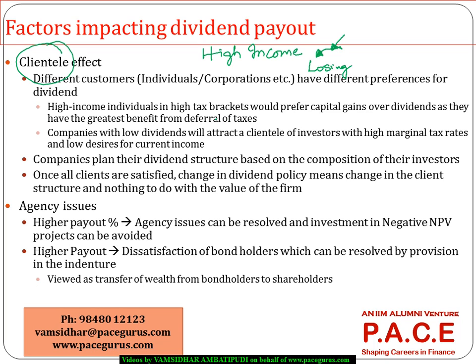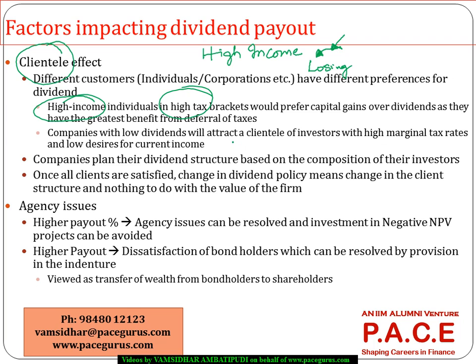So all these things are typically looked at as capital gains and long-term capital gains. Those individuals who operate in high income or high tax brackets prefer deferring the dividend rather than receiving it earlier, because they will get the biggest tax benefit when they are drawing it in periods where their income is not that large. Probably after retirement, when they are planning to pull it out, they are not going to lose in a big way.